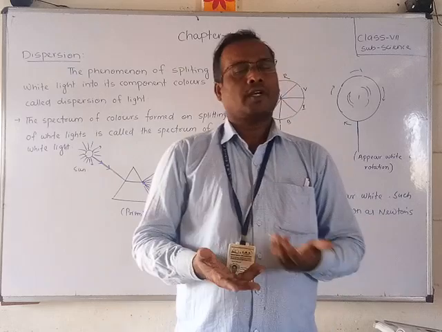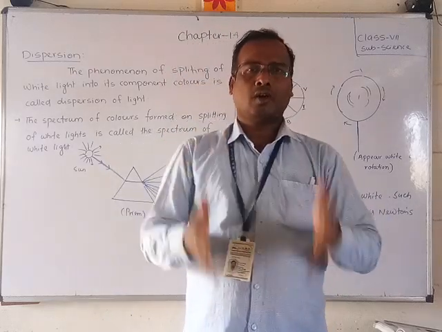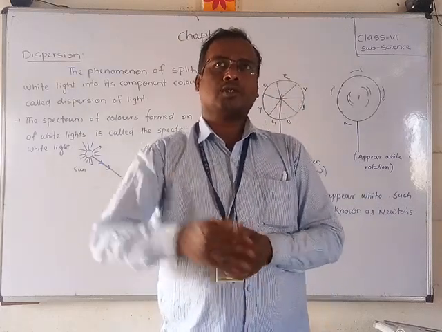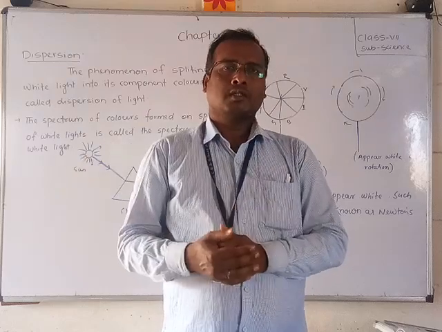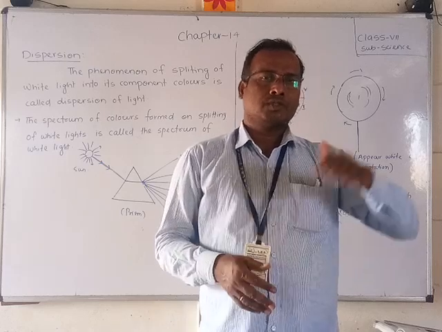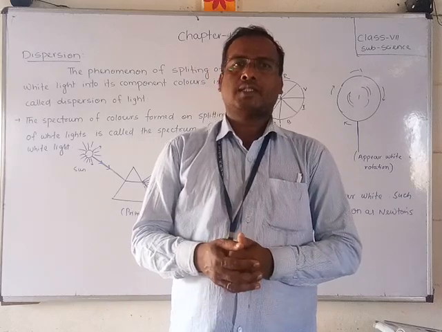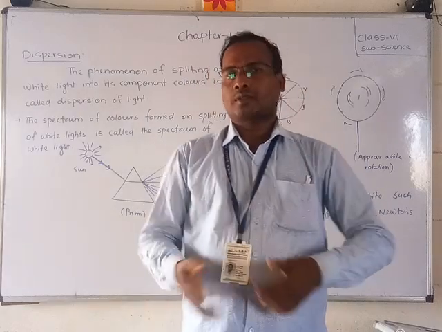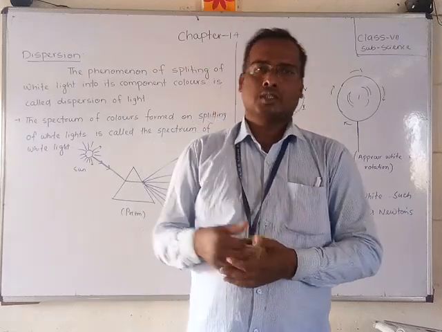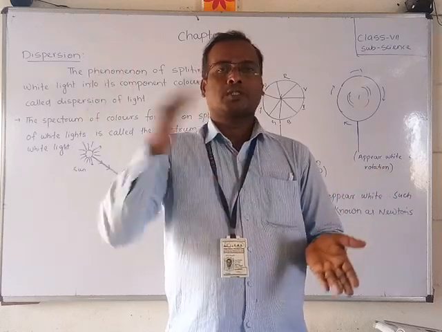Okay, you will find out. You should remember that a rainbow will appear in the opposite direction of the sun. Suppose the sun is in the east in the morning, then the rainbow will appear in the west. And at sunset, when the sun is in the west, the rainbow will appear on the east side. It won't appear in the north or the south. Because of the sun's opposite side, the rainbow will form in these two directions.